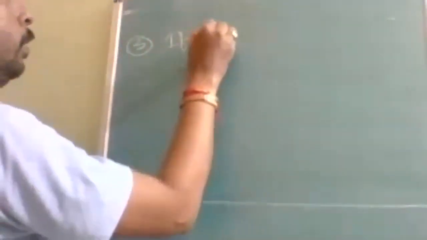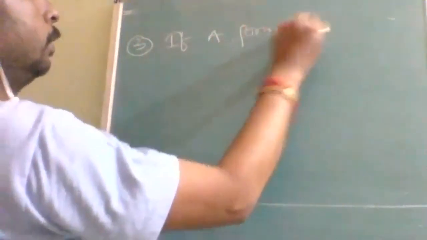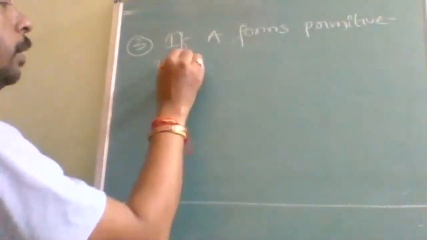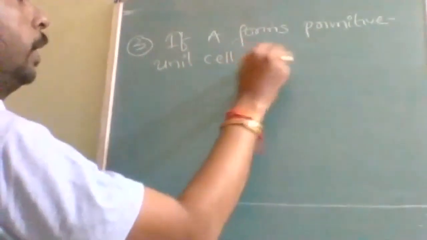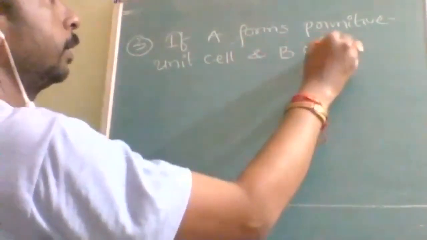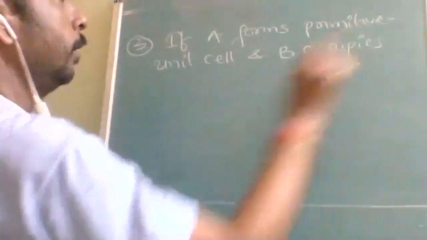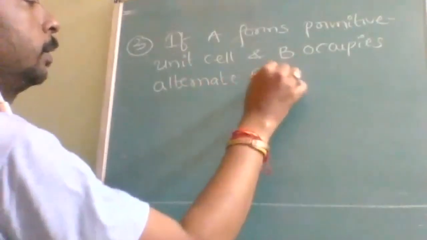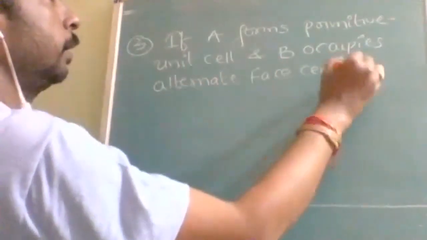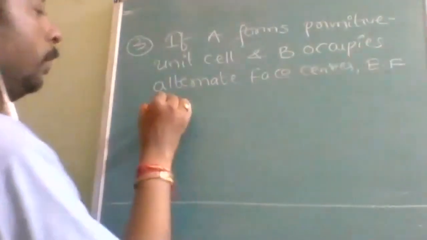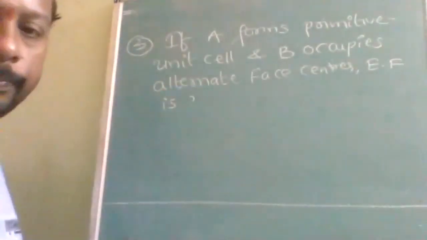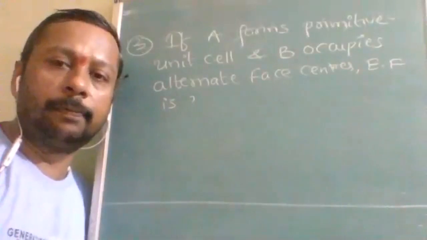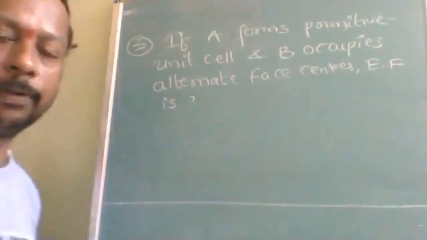If A forms a primitive unit cell and B occupies alternate face centers, the empirical formula is? A forms primitive unit cell, B occupies alternate face centers. Empirical formula is